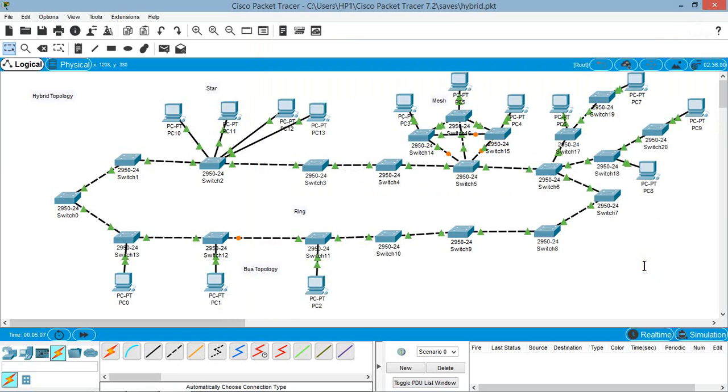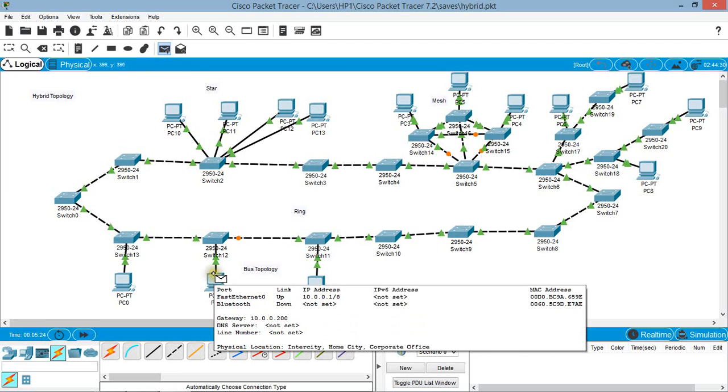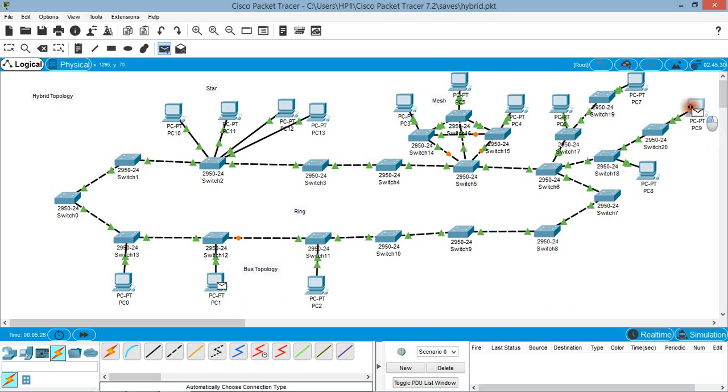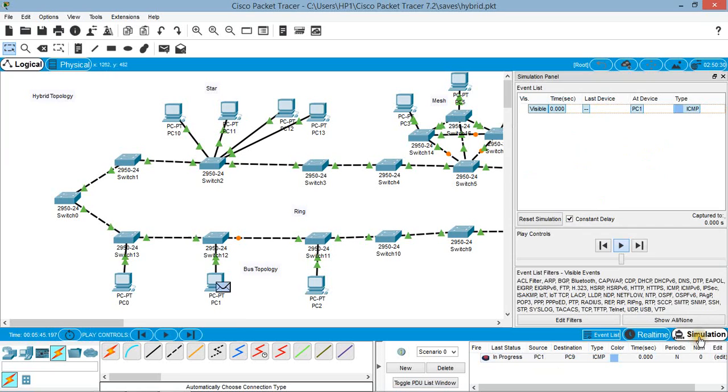So here you can observe the successful communication between any pair of nodes if you configure the IP addresses on each of the nodes. And now you can define the source and destination for this simple PDU. Let's say the source is PC1 and the destination is PC9. In the right and downside corner, you can see the successful connection is established between PC1 and PC9. And to observe the animation, you can use the simulation button and check out the flow of packets,